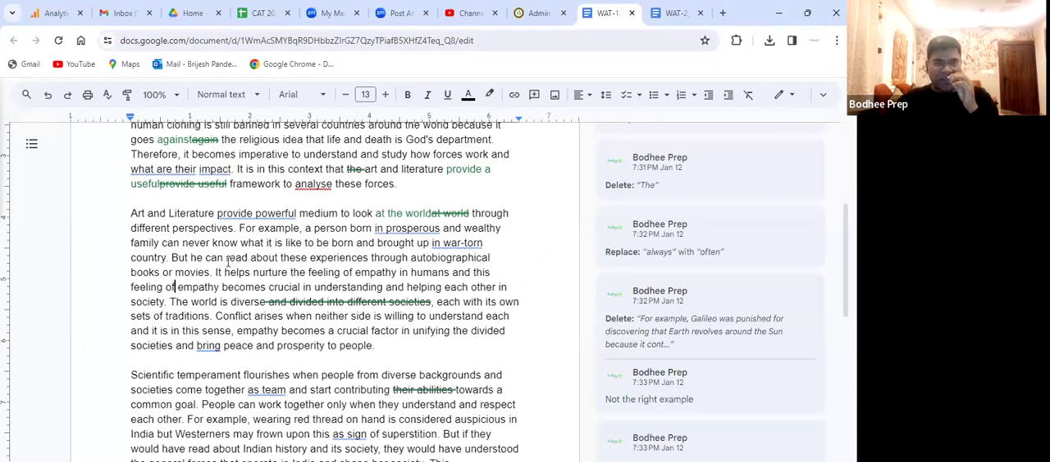You know? But he can read about these experiences through autobiographical books and movies. It helps nurture the feeling of empathy. This is precisely, I feel, the second paragraph that he has written is a little much better than the first paragraph